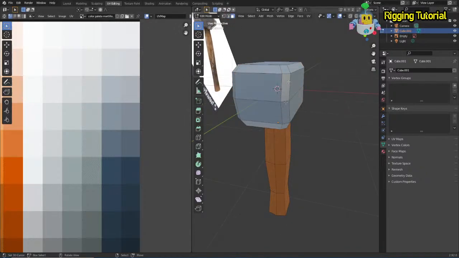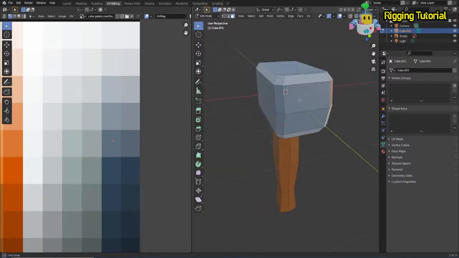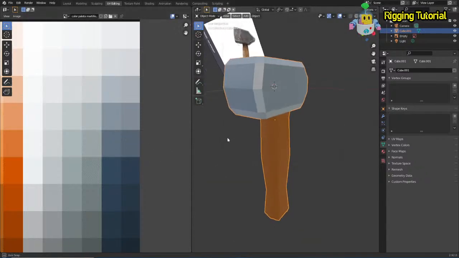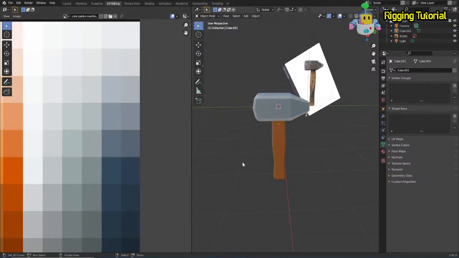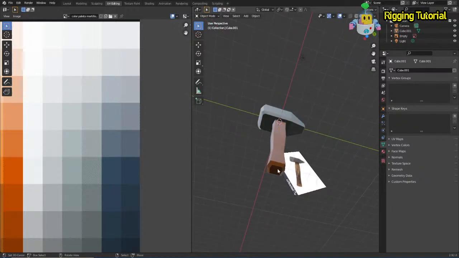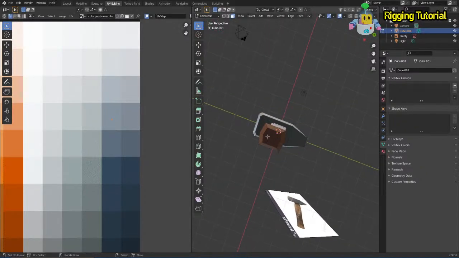Now I select these faces, these new faces, and I select just the color from this one, and I have this thing, okay? Also for the hammer, for this part, for the handle, I can select this lower part,